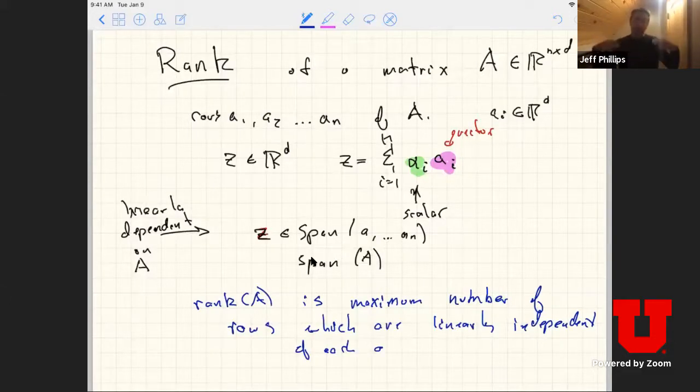So the rank is the maximum number of linearly independent rows,